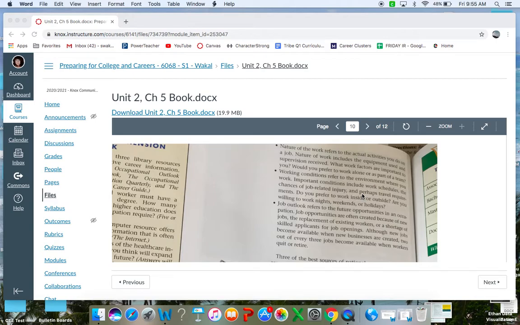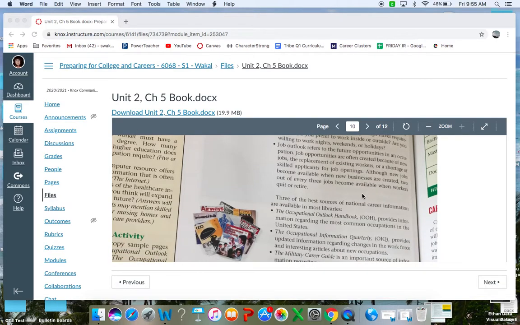Okay, and the last one for thinking about which career you might like, job outlook. Job outlook refers to the future opportunities in an occupation. Job opportunities are often created because of new jobs, the replacement of existing workers, or a shortage of skilled applicants for job openings. Although new jobs become available when new businesses are created, 2 out of every 3 jobs become available when workers quit or retire. Okay, so this is all talking about exploring your careers